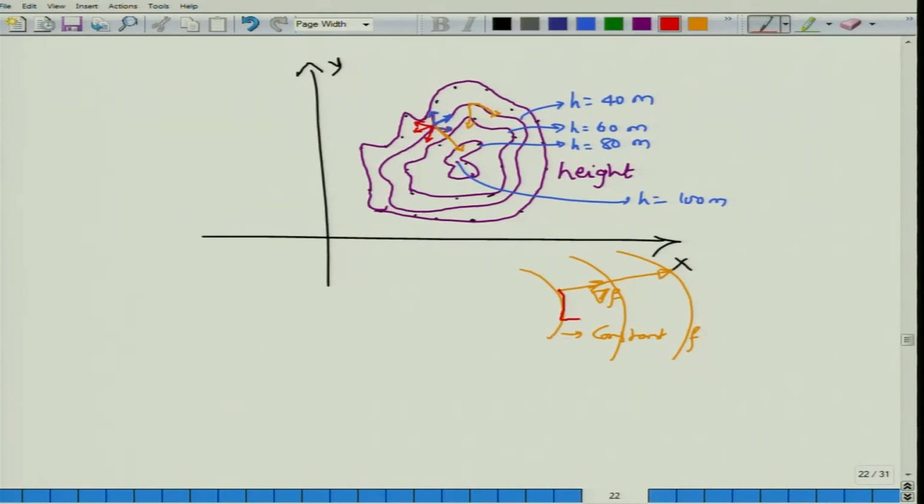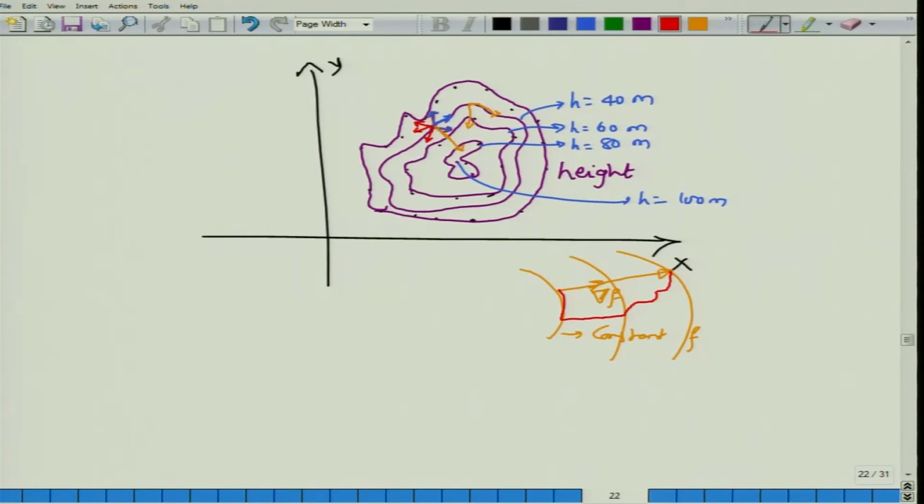So if you were to move along this path, then you would take a longer time, because here as you move you do not see any change in height, and then as you move along here you see a maximum change of the function, and as you keep moving and reach the top of the hill, you would have taken a lot more time. So this is the physical significance of gradient.